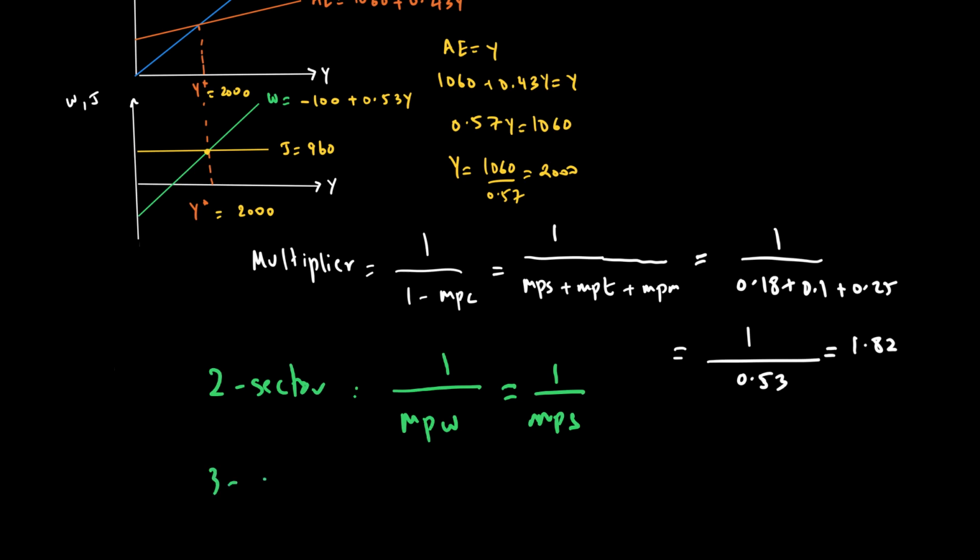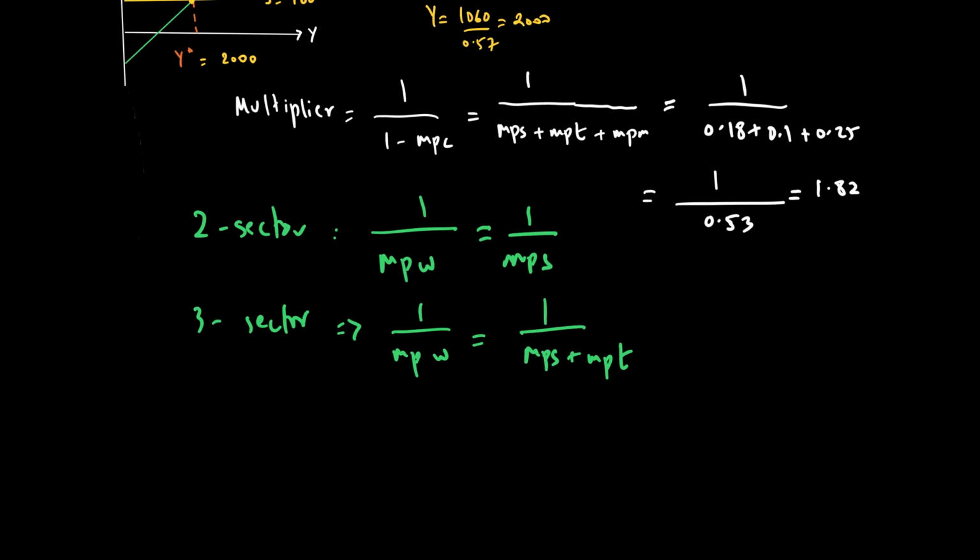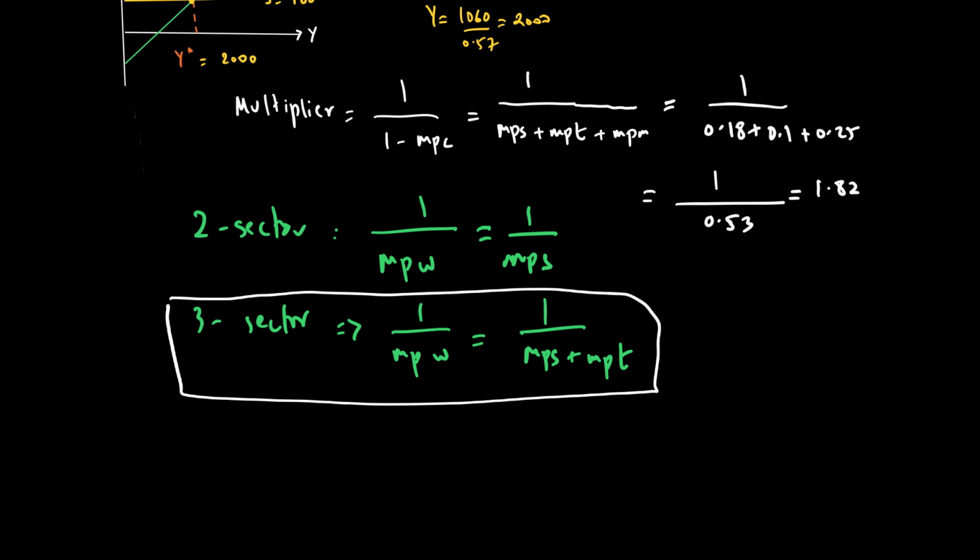Similarly, in a three-sector model, again the formula is 1 over MPW, which means again 1 over MPS plus MPT, because now in a three-sector model I have two withdrawals, which is saving and taxation. So in a three-sector model I have two withdrawals. In a two-sector model I have one withdrawal,